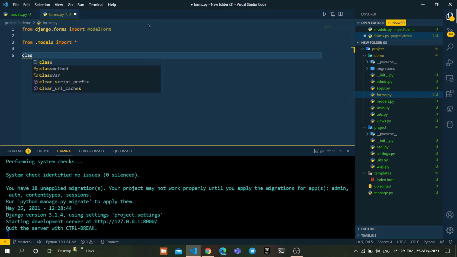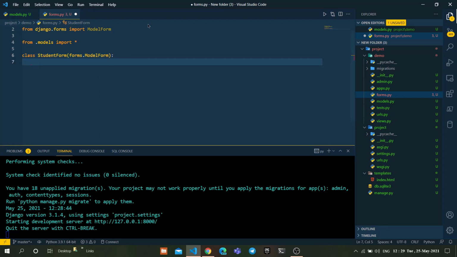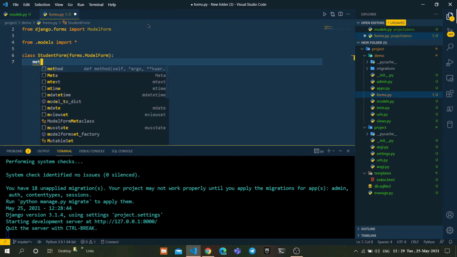Here create a form class, StudentForm of forms.ModelForm.